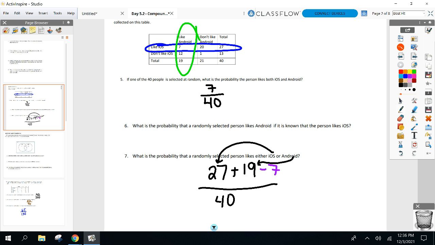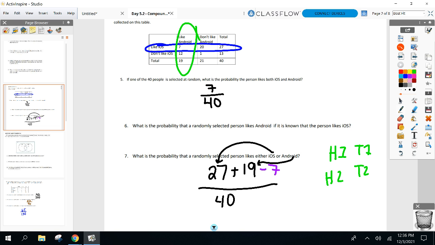Anybody else? We're all set? Okay, here's what I'm going to show you today. I don't have a table. I don't have a Venn diagram. And I can't do this anymore. You know, H1, T1, T2, H2, like we did yesterday. But I'm still going to ask and, or, and given questions.